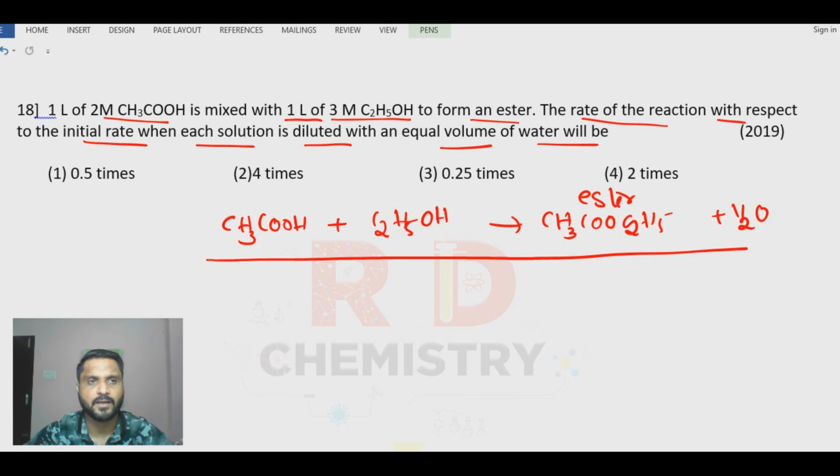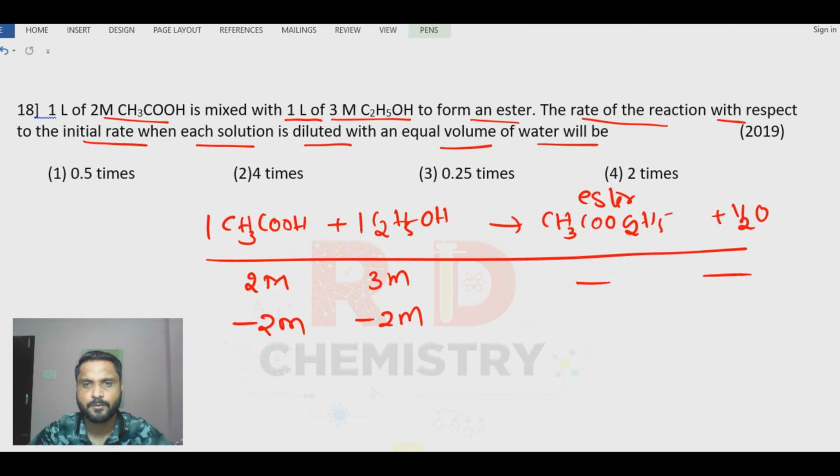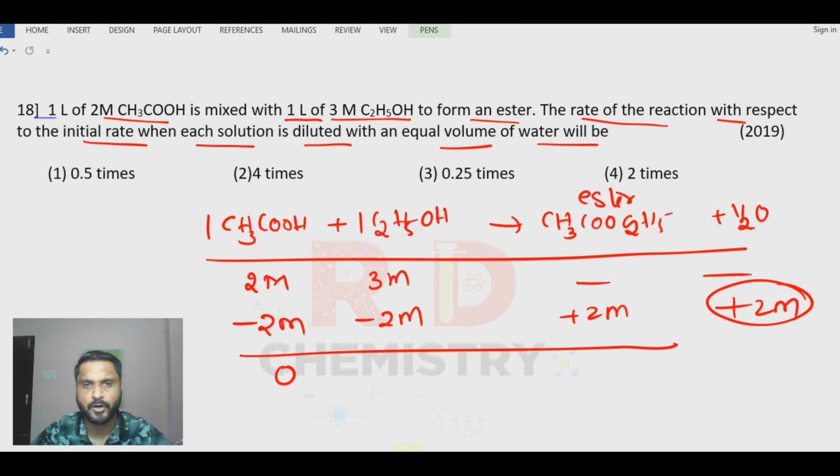To begin with, they are taking 2 molar acetic acid and 3 molar ethyl alcohol. Initially products are not formed. They react in the ratio of 1:1. So if 2 moles react with 2 moles, the products are also in the ratio 1:1, so 2 molar ester should be formed, and water, let it be 2 molar. So it is a dilute solution now. Now what is remaining? Acetic acid will not remain, so 1 molar ethyl alcohol will remain, because this is the excess reactant.